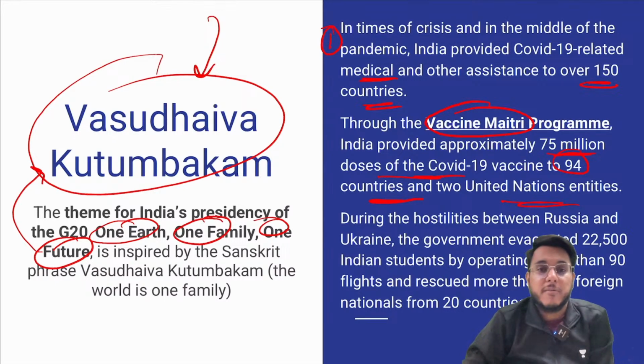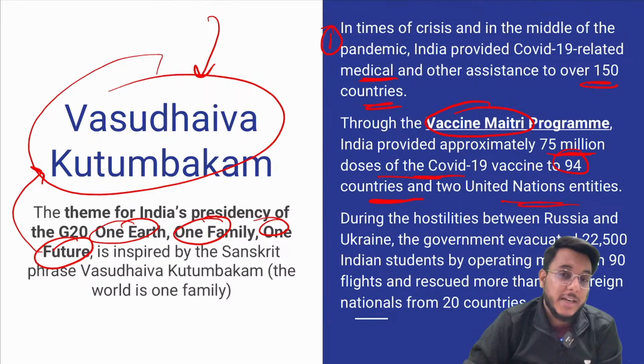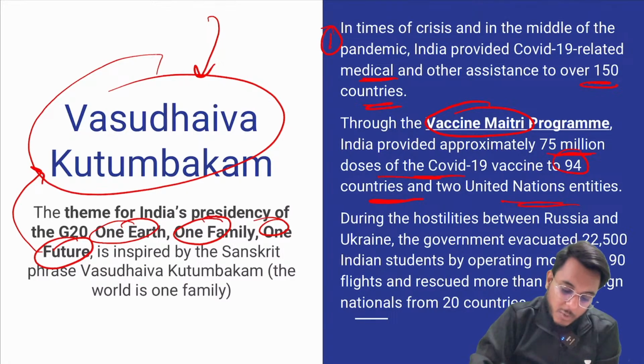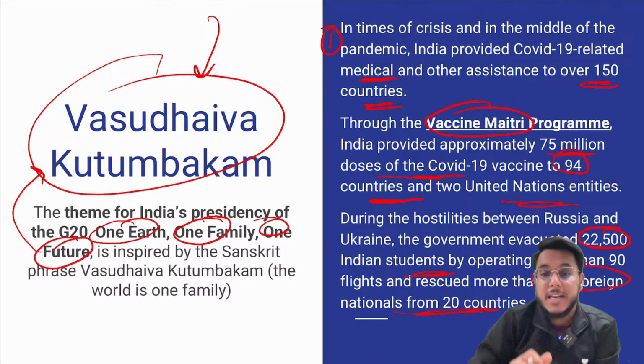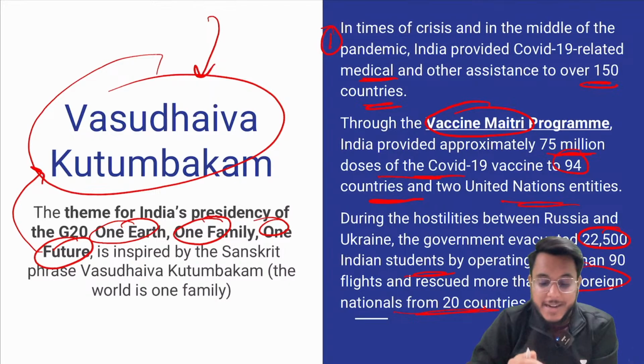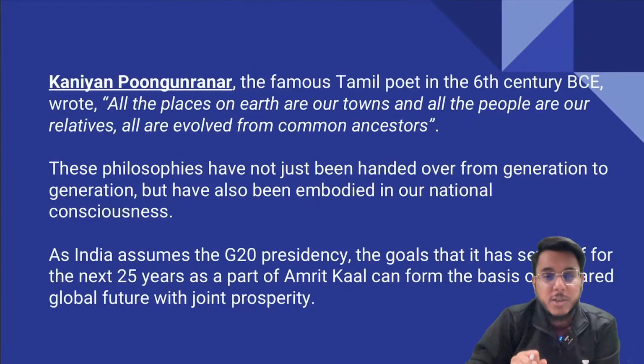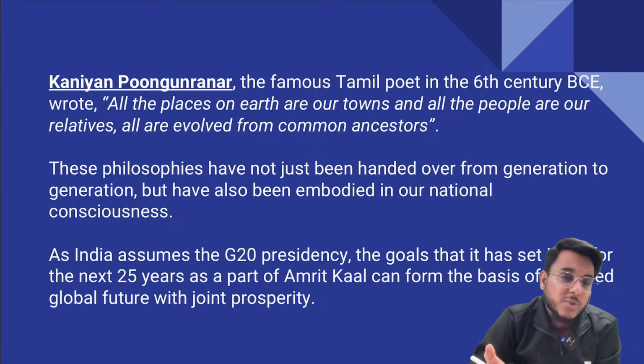Moreover, when the Russia-Ukraine war started, India evacuated around 22,500 students, and at the same time 150 foreign nationals from 20 countries were also evacuated. So India did not discriminate between our own people and other people. India reached out with assistance to other people, other countries as well. Now in the line of Vasudhaiva Kutumbakam,